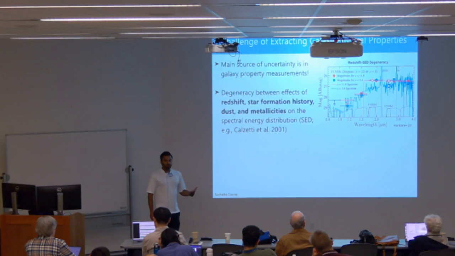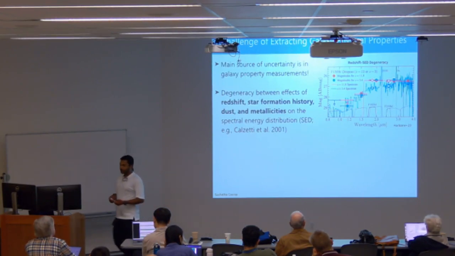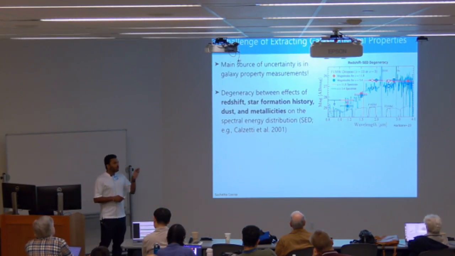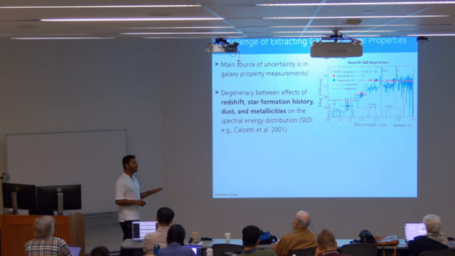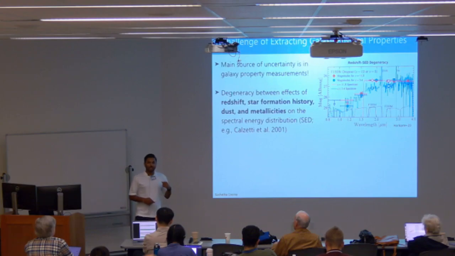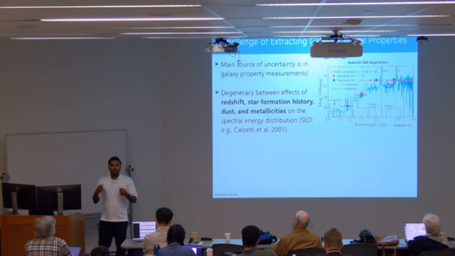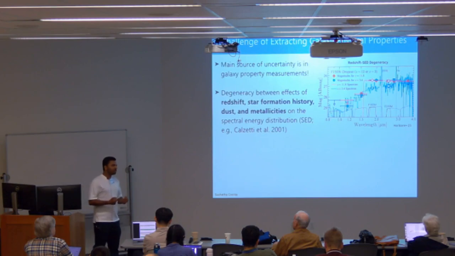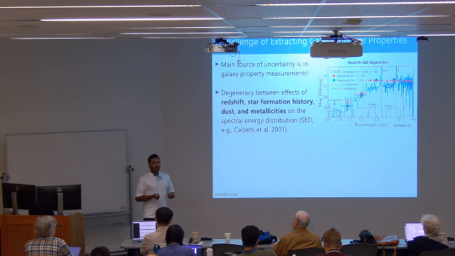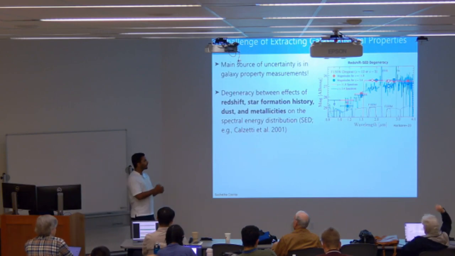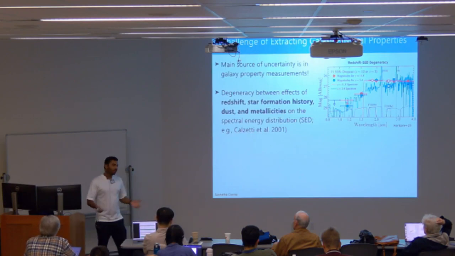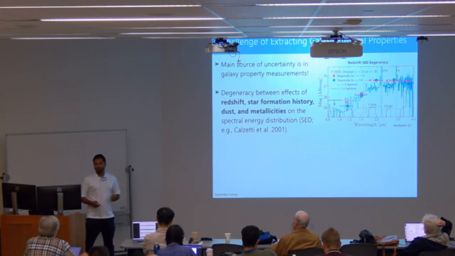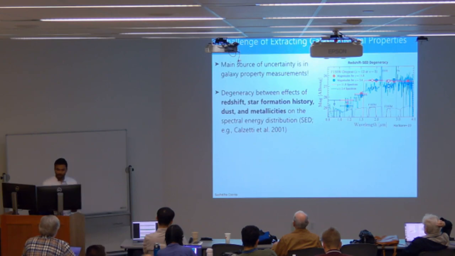So when you think of SED models, the question is how much information is there in a given SED to derive your properties. Now, if there is no information, often your estimates of your properties are prior dominated. And these can then propagate towards your stellar mass functions and cosmic star formation rate and so on. And your predictions or inference of your galaxy formation model will also be biased.